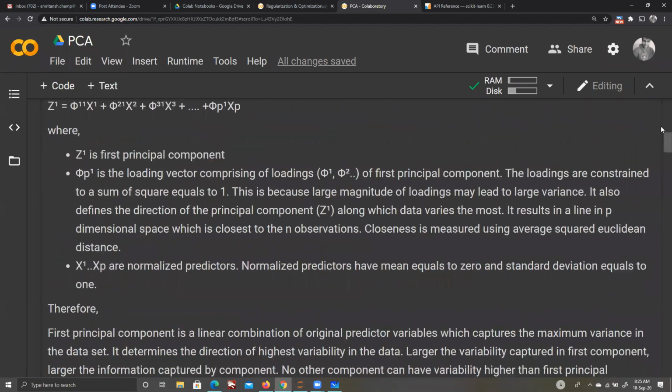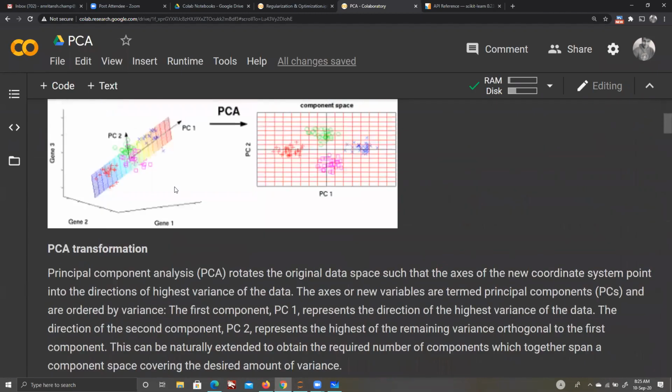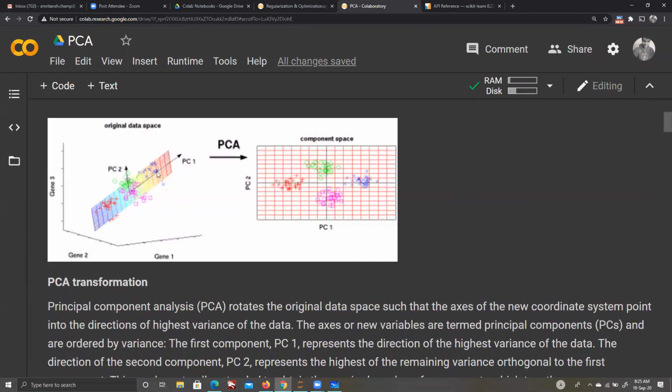And again, this picture is one of the best pictures I could find on the internet to explain PCA. Even if you have this 3D space, if I were to generate a plane with two axes, PC1 and PC2, I can still explain most of the data and perform regression, classification, whatever I want. So why should I use the original three? But remember, PC1 and PC2 are still components of gene 1, gene 2, and gene 3.